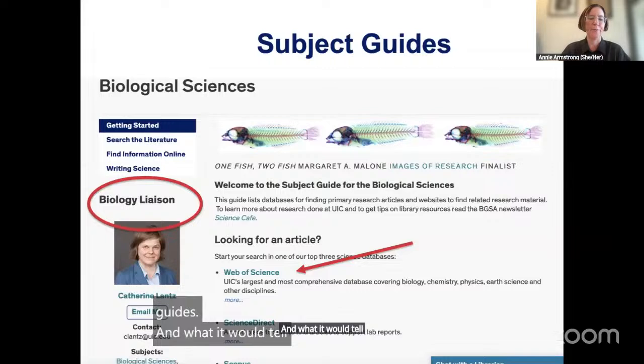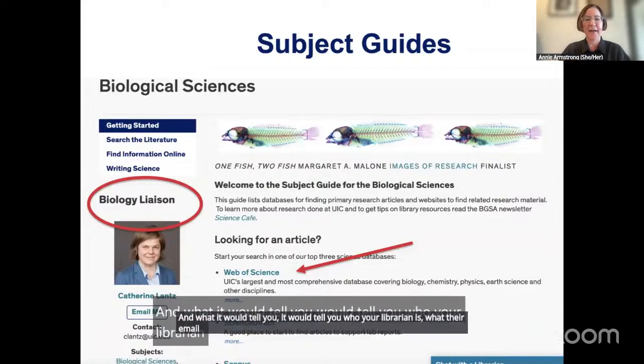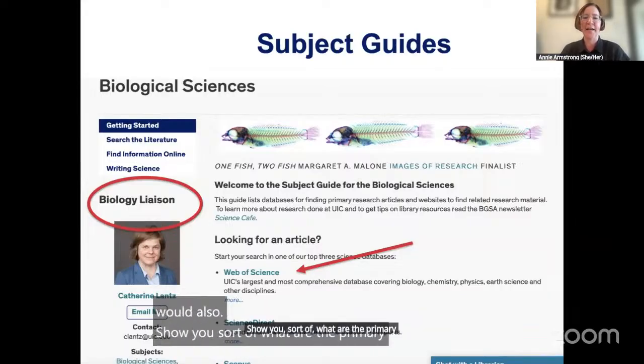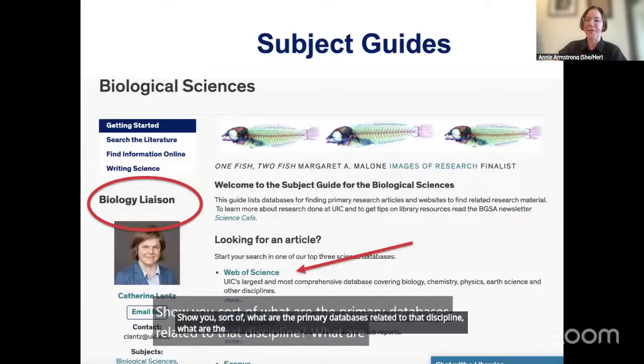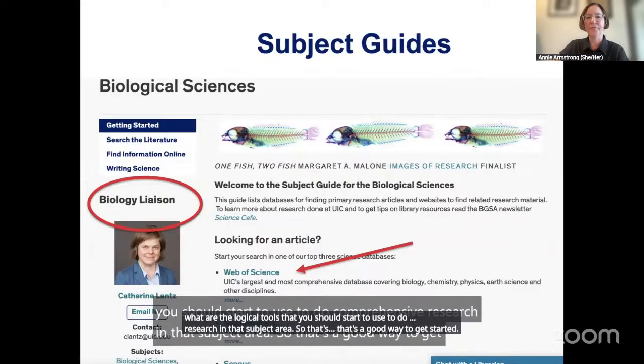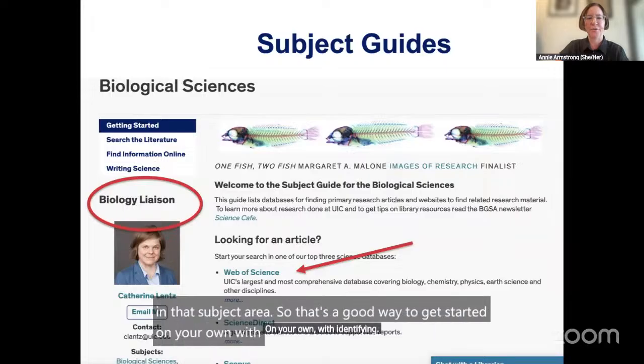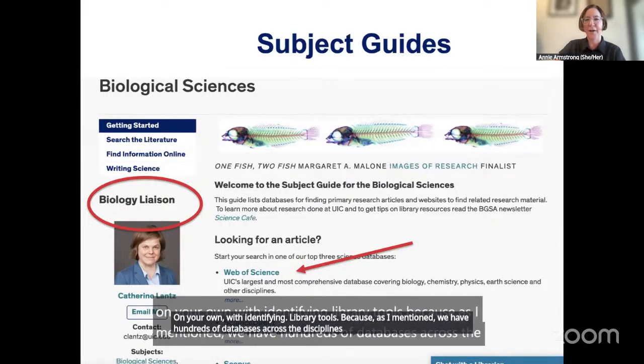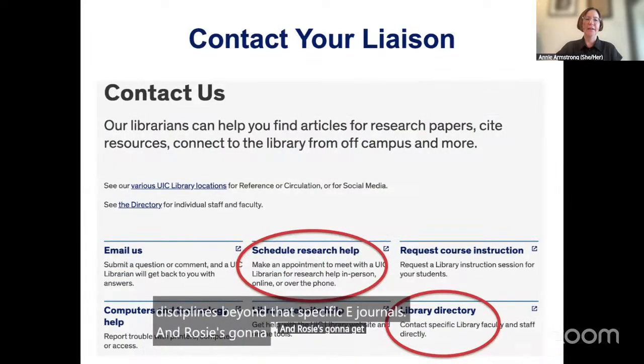It would tell you who your librarian is, what their email is, put a face with the name, so to speak. And then it would also show you what are the primary databases related to that discipline, what are the logical tools that you should start to use to do comprehensive research in that subject area. So that's a good way to get started on your own with identifying library tools. Because as I mentioned, we have hundreds of databases across the disciplines. Beyond that, specific e-journals, and Rosie's going to get into all of that a little bit more